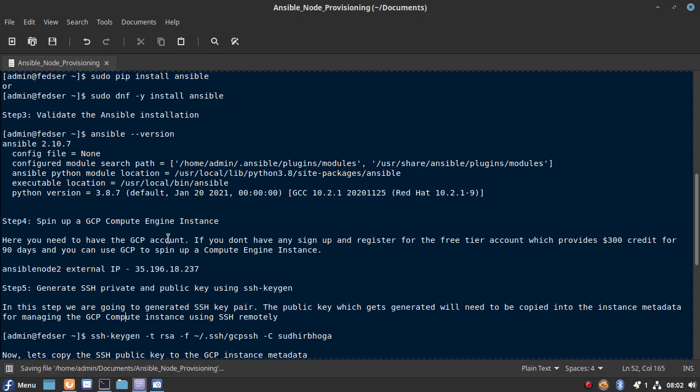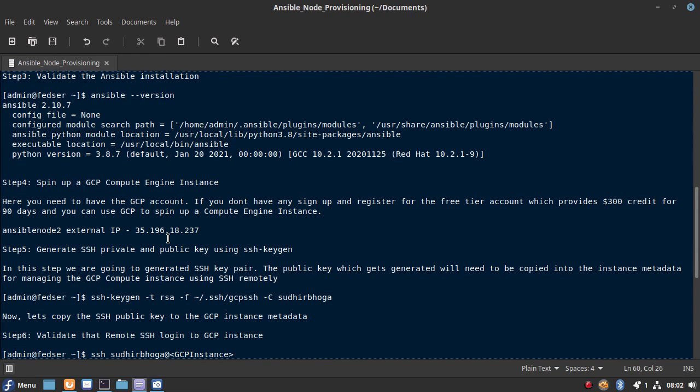Okay, now what we need to do is, to manage the GCP instance remotely, we cannot directly log in using the SSH tool. So for that, we actually need to generate our public and private key with the user ID that we will be using to log in to the Linux node, the GCP Linux machine.